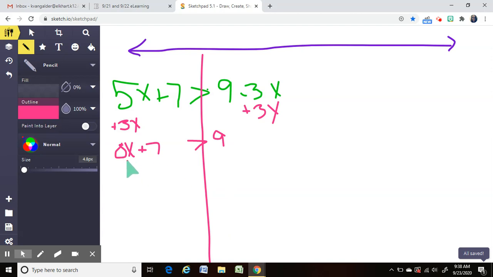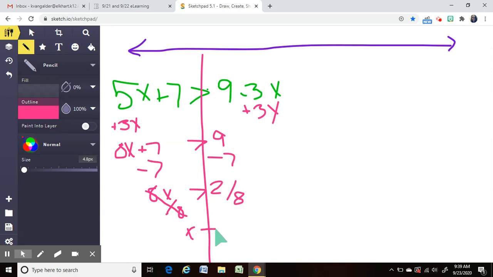Now I need to get these numbers away from my x. Start with the unattached by doing the opposite operation. So now I have 8x, that canceled out, and 2. I need to divide by 8 to get rid of that coefficient. So I have x is greater than